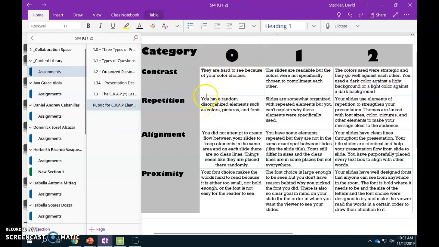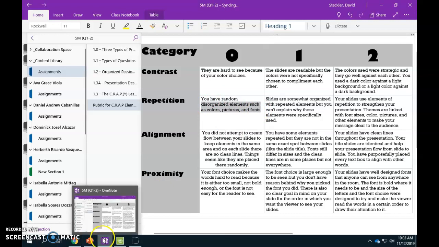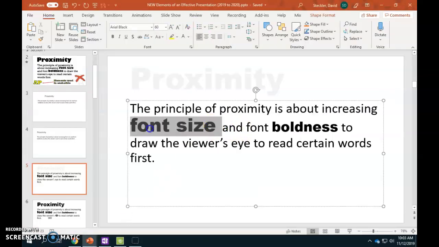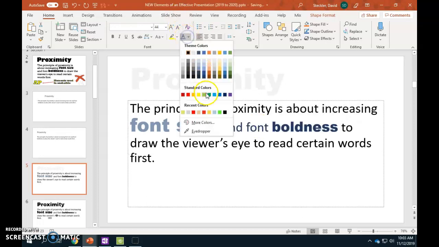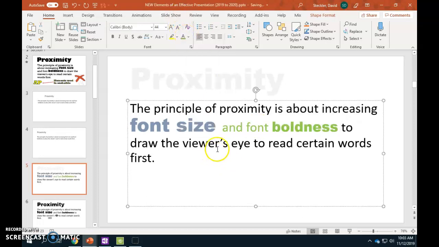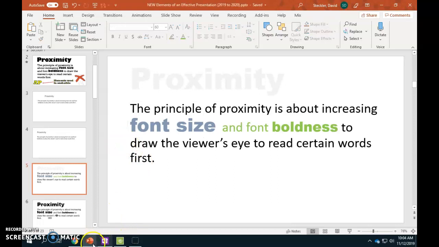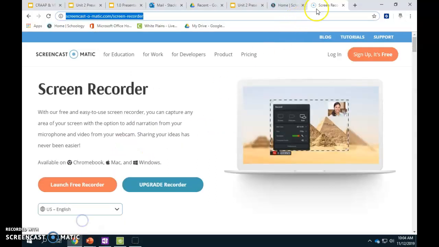People get a low score sometimes because things are disorganized, such as colors, pictures, and fonts. Now, if in your presentation you have like 3 or 4 different colors in a slide, like you have this over here, this color, this over here, you have this color, and I go ahead and ask you, well, why are those colors there? And you're like, I thought it looked good. And you don't have a deeper reason to explain those colors, then you're going to get a 0 in terms of your repetition. If you go to a website like Amazon.com or something,